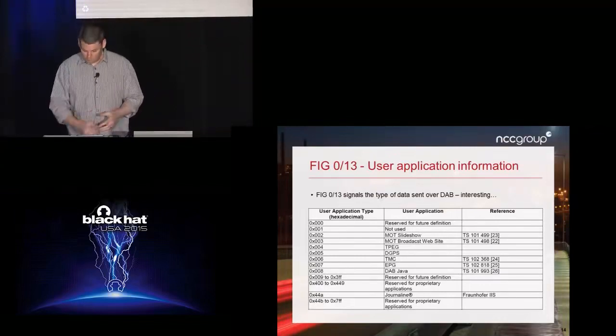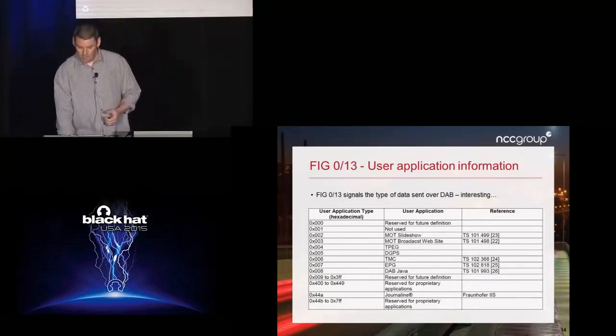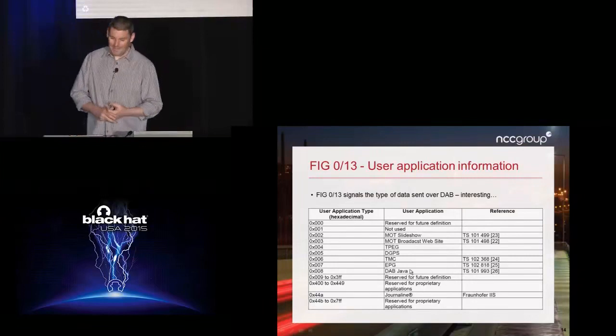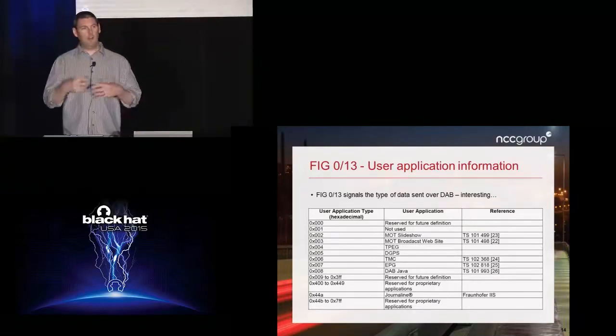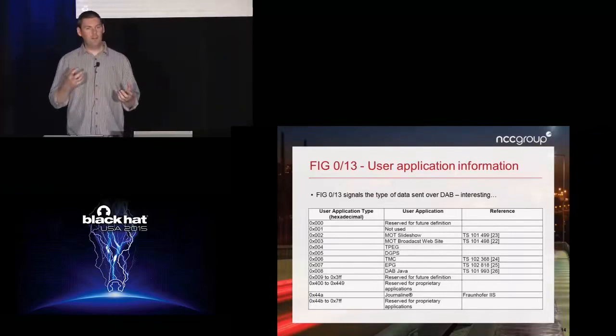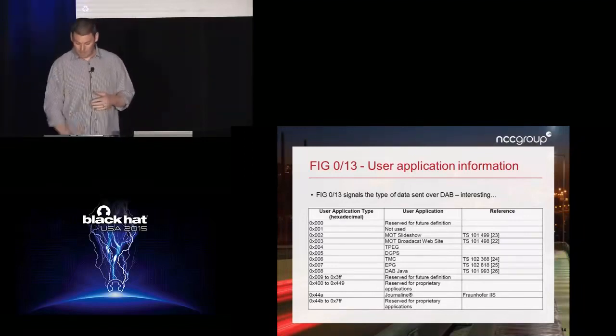So that's pretty interesting. But then you've got other things like MOT Broadcast Website, yet another spec that you can download. And by the way, that typo's directly lifted from the spec. It's not mine. What Broadcast Website does is, your radio in your car, your head unit, is provided with a collection of websites that are downloaded, and you can then locally browse to those web pages on the head unit. But it's all part of the DAB spec.